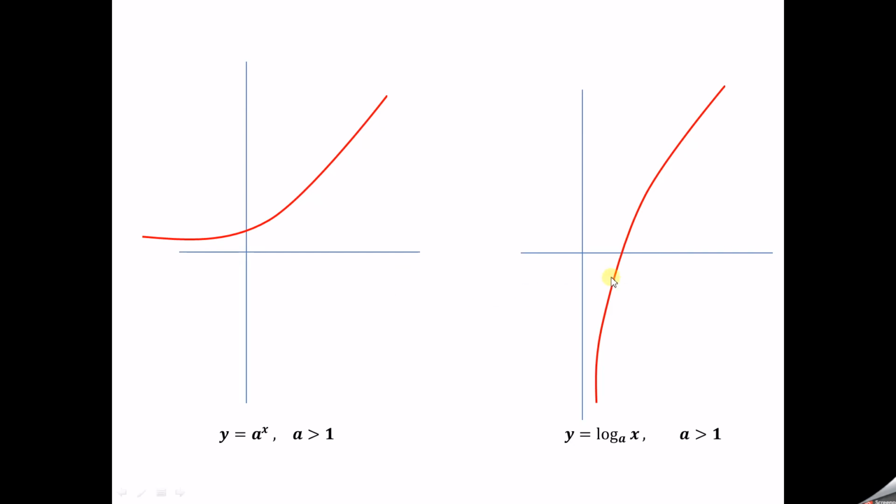And you can look at these two graphs. Here this is an exponential function, y is equal to a power x, and the base a is greater than 1, therefore it is increasing. And here the domain is all real numbers, x values, any real number you can take, positive, negative as well as 0. And the range, meaning y values, are only positive here, because the range of the exponential function is R plus. Whereas coming to the logarithmic function, the domain is only positive real numbers. That means x values are only positive real numbers greater than 0.